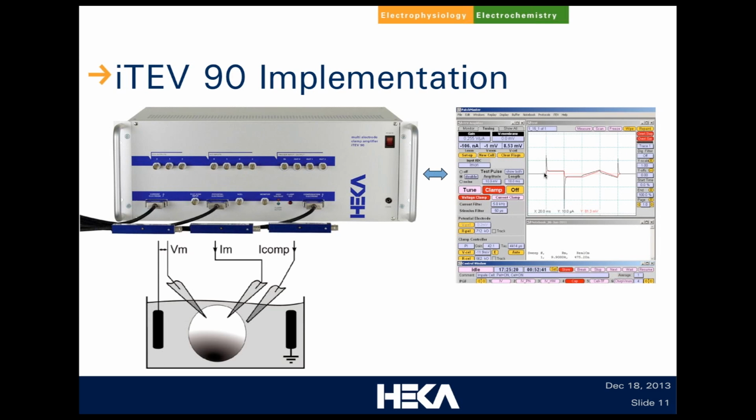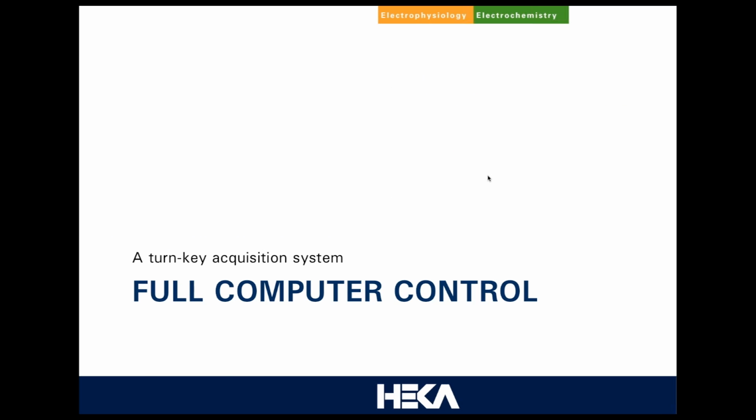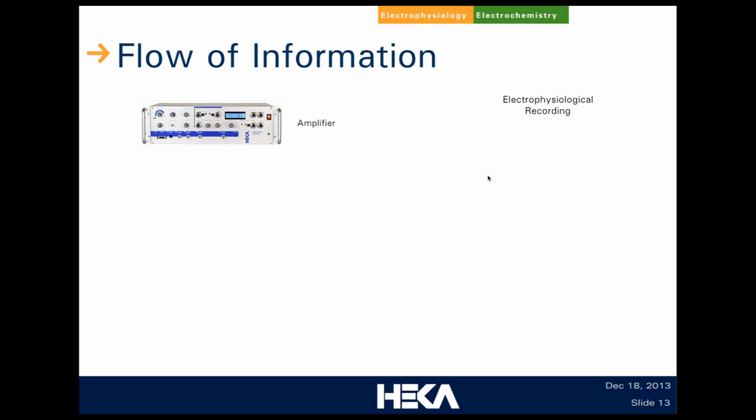All that does not need to bother us in too much detail, because what we as the users see is essentially the iTEV 90, the device, and then the software user interface. Now, what are the benefits of full computer control? To explain that, let me step back a little and look at what is the flow of information in